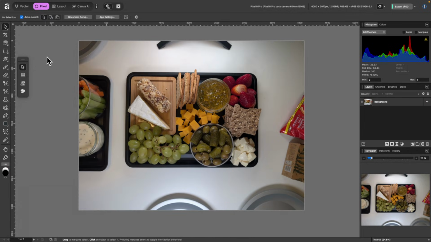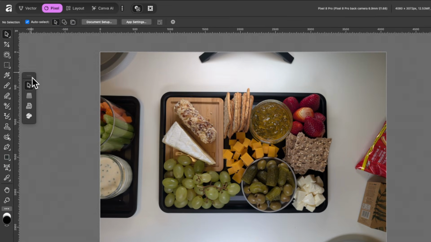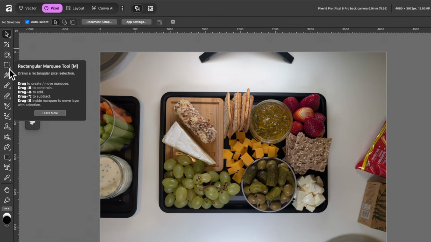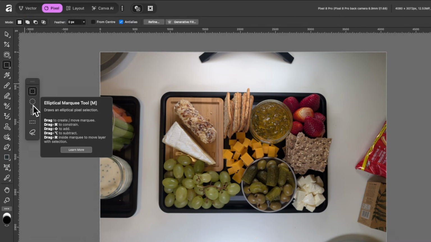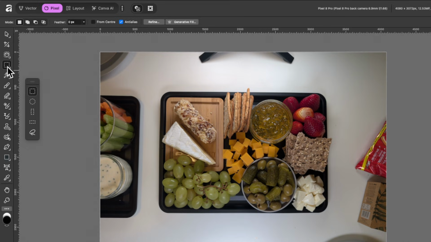So if you didn't already notice, when we selected the Move tool, this box appeared. This is basically called your subtools. And every time you select one of these shapes that has a little arrow next to it, so let's just select that one, it reveals whatever else is inside. So alternatively, I can long press, and then it will show what's inside, and then I can select whatever I want and then release, and it will choose that one. If you don't like these subtools appearing, look, you can even dock them in certain places.